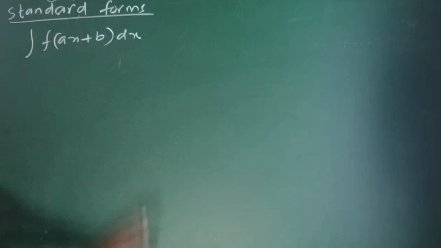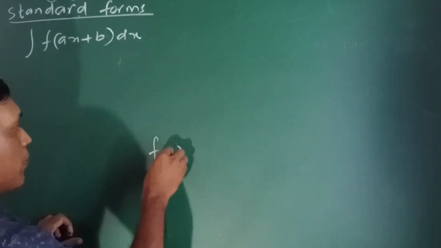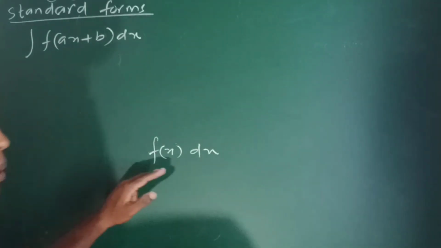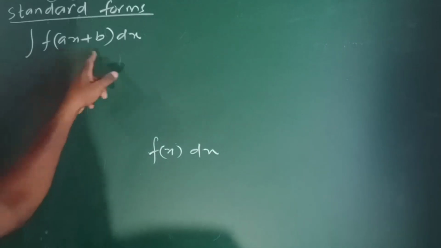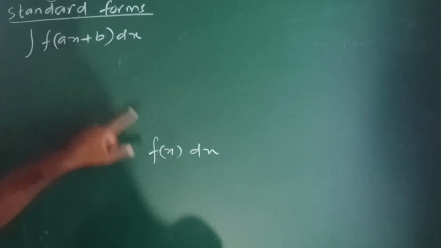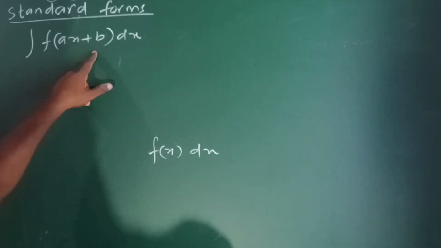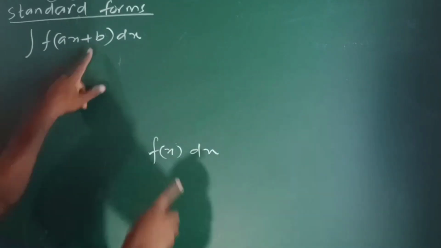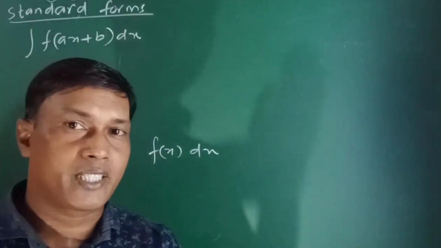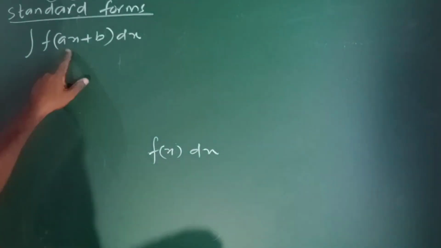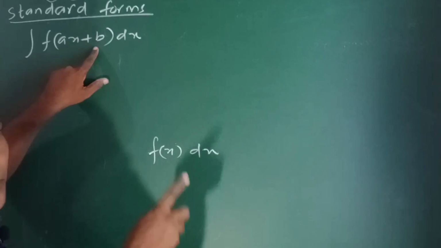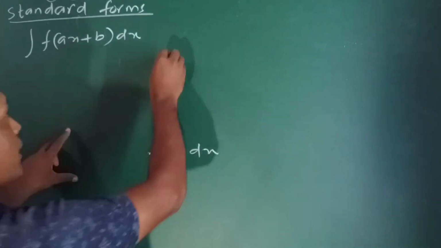Standard form, suppose you have to integrate f of ax plus b dx. Generally we are integrating f of x dx, but here is given f of ax plus b, that means x is replaced by ax plus b. एक्स को किसने रिप्लेस किया, ax plus b। This is the new function which replaces x, and I have already said if x is replaced by another function, then you have to substitute that function. So look at here, we have to substitute ax plus b, because ax plus b replaced x, x की जगह ax plus b है, तो हम सब्स्टिट्यूट करेंगे ax plus b।